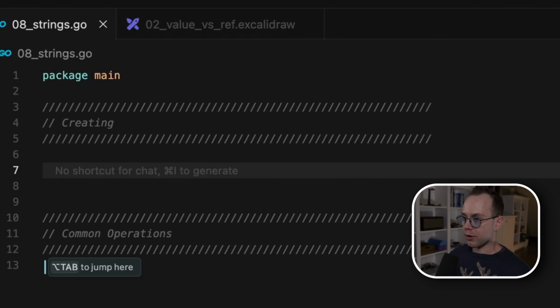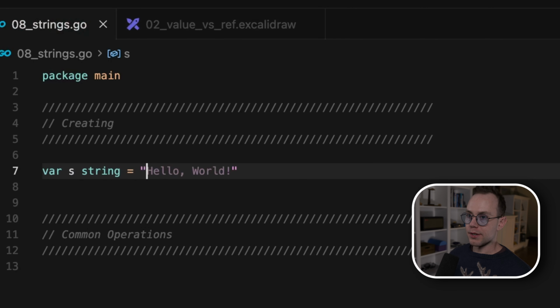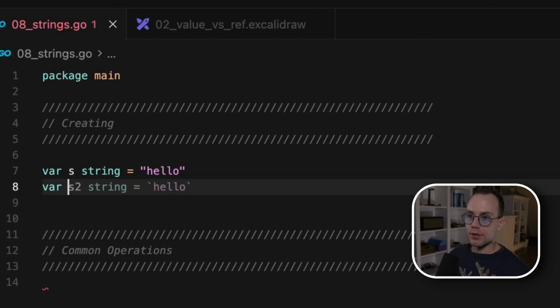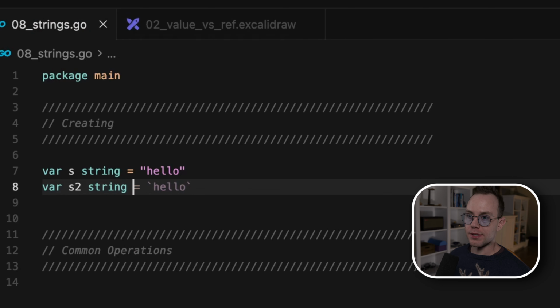So you can create a string from a literal like this. And if you don't specify a value, Go will instantiate it as an empty string, which is the zero value for a string. One other thing you'll see a lot of in Go is using a byte slice to instantiate a string,